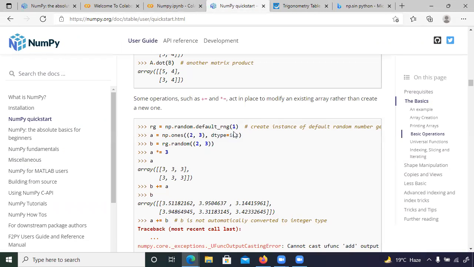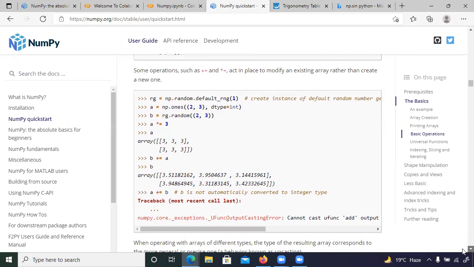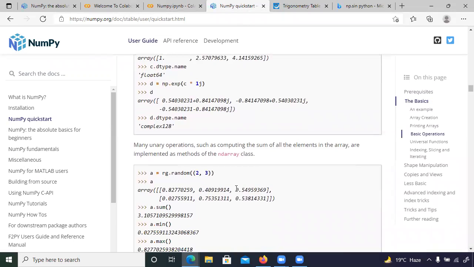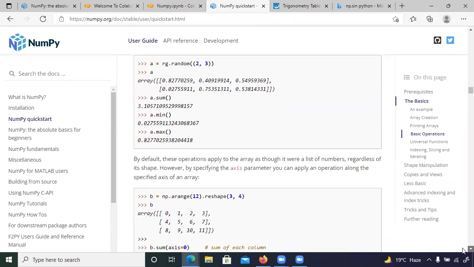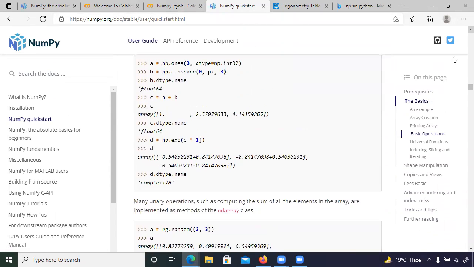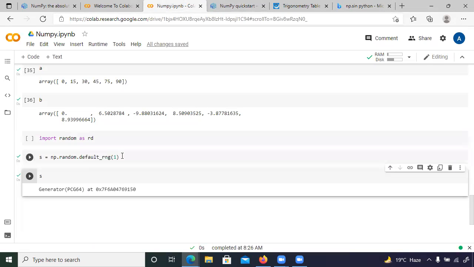Just let me check once why we are creating this. Create instance of default random number generator. I think it is something like random generation in the interval of 1. So 2 and 3, 0.82, 0.4. Okay, random. Let me just check. I'll just note this down. We're going to see this random